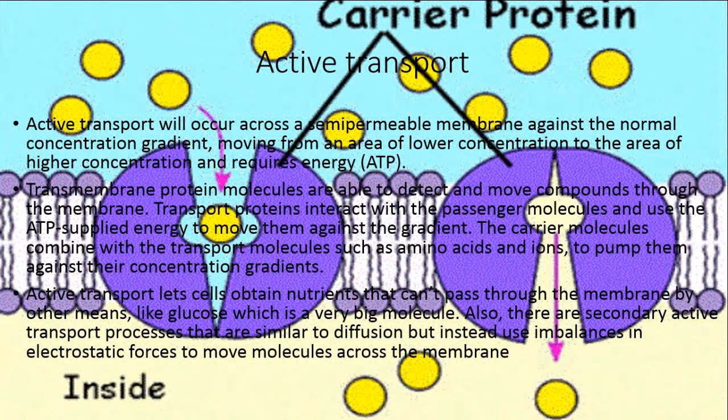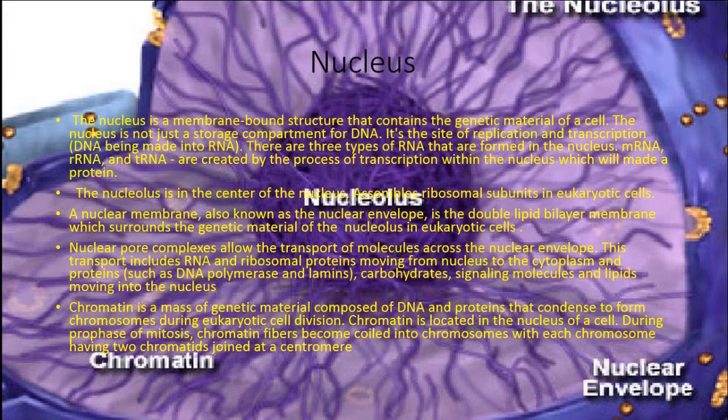So our next topic is the nucleus. The nucleus is a membrane-bound structure that contains our genetic material, and it is not only a storage compartment for DNA, but also the site of essential cellular processes such as transcription, translation, and replication. The center of the nucleus assembles ribosomal